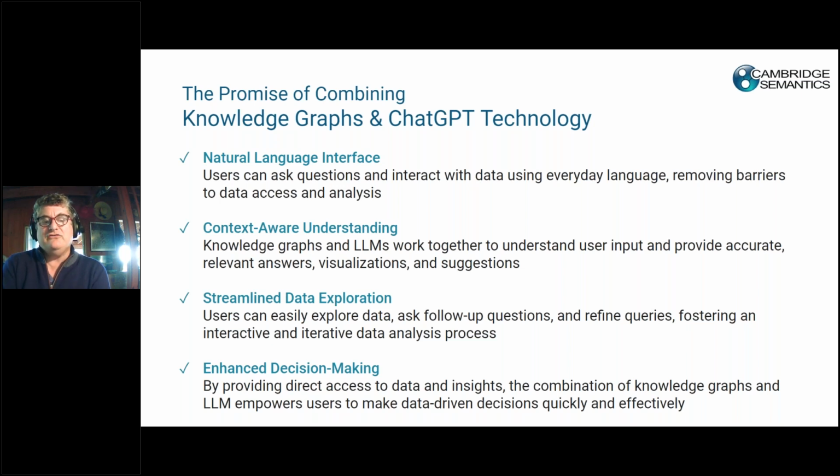Another really big advantage is that if you can bring your data online and make it available through an ad hoc questioning type interface, it streamlines exploration of that data. Users can simply ask whatever question they like and see an answer, and that answer may spur a second question or a third question, and so on. And they can play with their data. You can give instructions to the system and have it do things to that data that you can react to. And why this is so powerful is, I guess, for the last reason on the slide, which is the